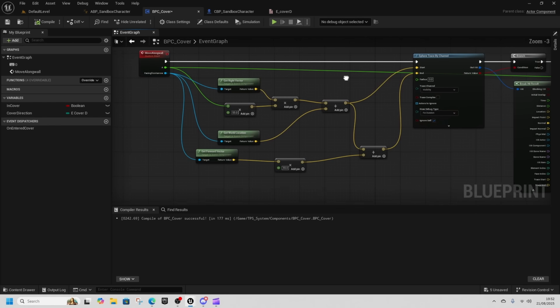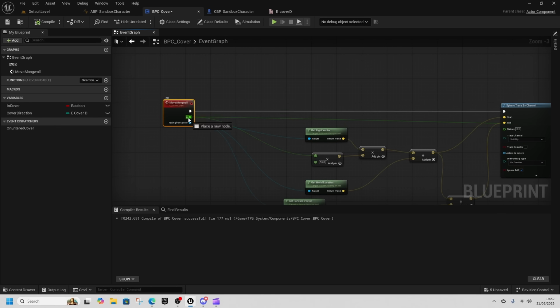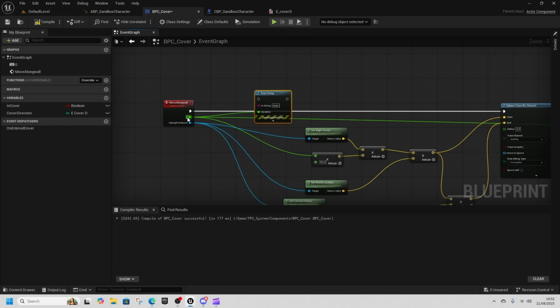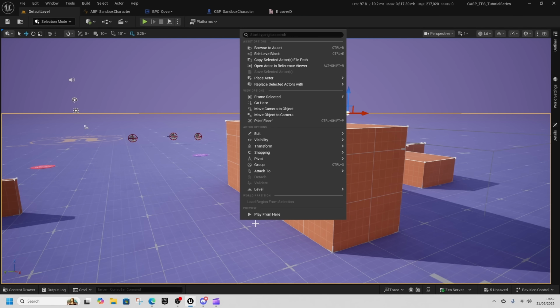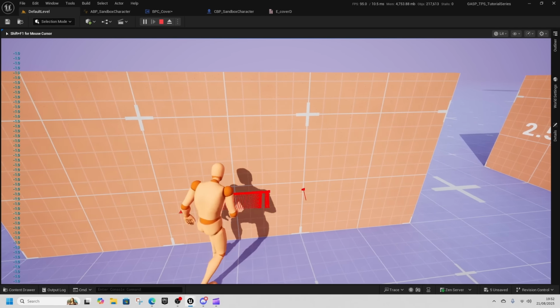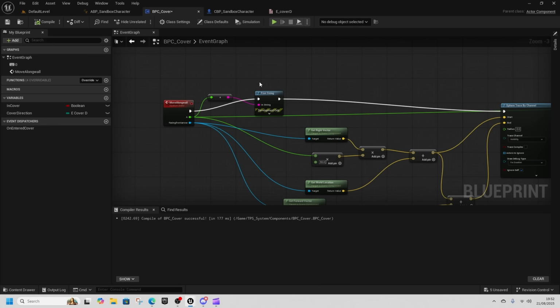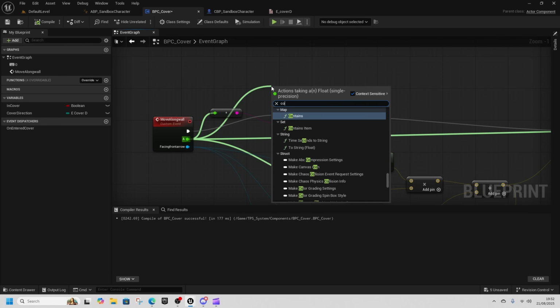Right, okay, so I always get these mixed up, whether -1 is left or -1 is right. So to learn that, we're just going to put a print string here and put A into the in string and disconnect this duration if that's happened, and connect that up there. So now if we test this, press 0, left is -1 and right is 1. Beautiful. So I know that if A is compare float,